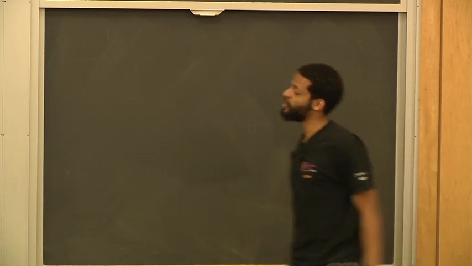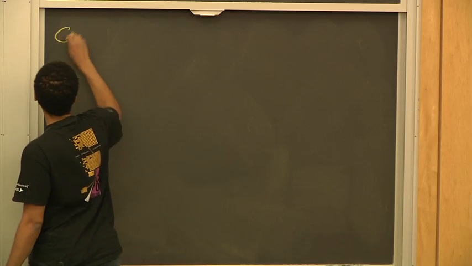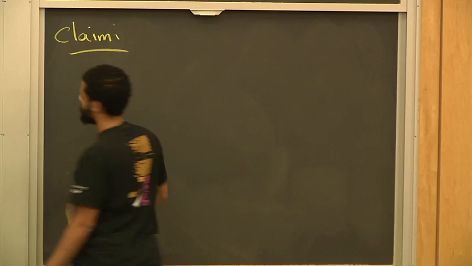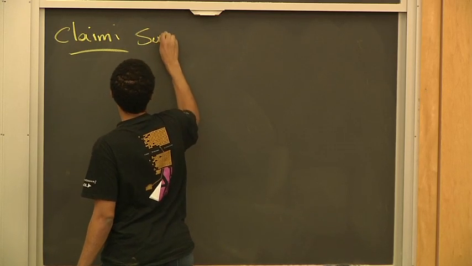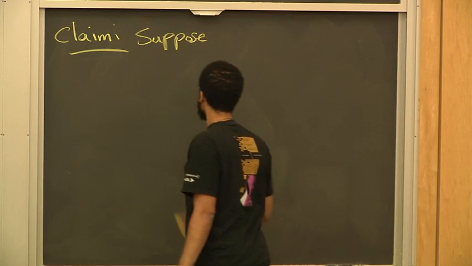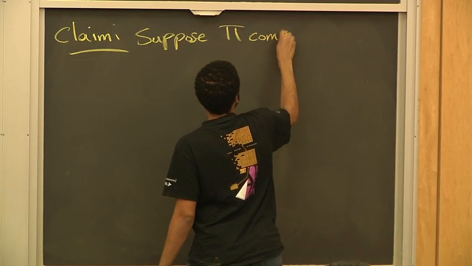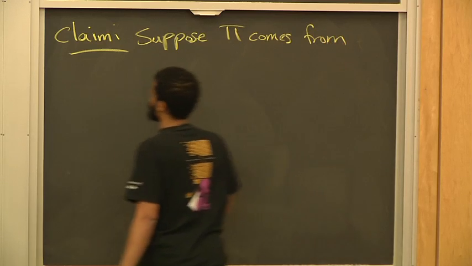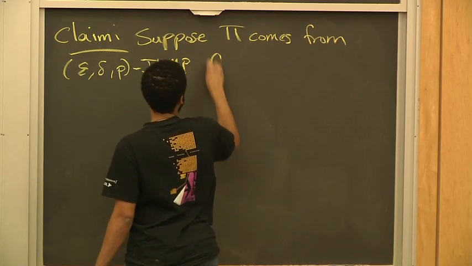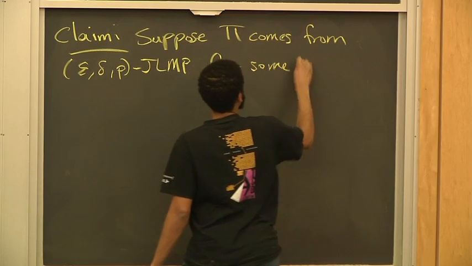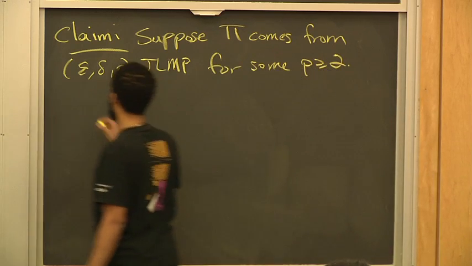Good. So why did I write down this definition? What's the point of this? So now we have a claim. This is the main theorem of the JL approach. Suppose pi comes from some distribution that has the epsilon, delta, p JL moment property for some p that's at least 2. Okay. Then